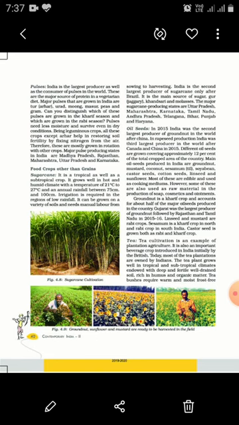It requires a temperature between 21 to 27 degrees Celsius as well as rainfall of around 75 to 100 centimeters. But in the areas where there is less rainfall, we can also grow sugarcane with the help of proper or good irrigation facilities.